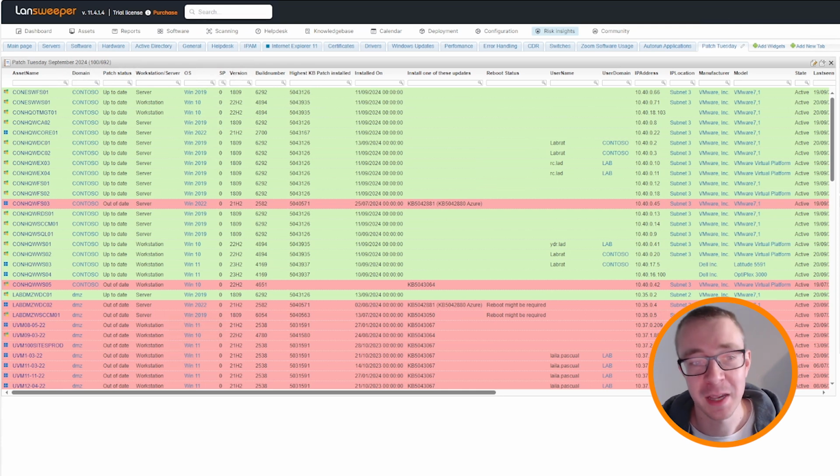For one, the old Patch Tuesday reports looked at a specific list of updates that were released for that month. If your device does not have one of the 10 or 11 updates listed in that grouping, then it would show out of date. It might be that you deployed new devices, like I just mentioned, that might not have that patch installed because the OS, when you installed it, was already up to date to a certain degree. Or there might be other circumstances that cause false negatives to appear, especially, and this happens a lot in older Patch Tuesdays,